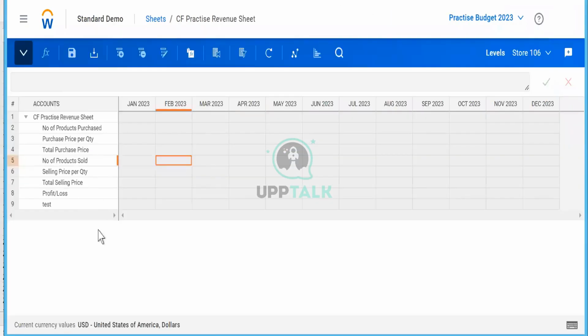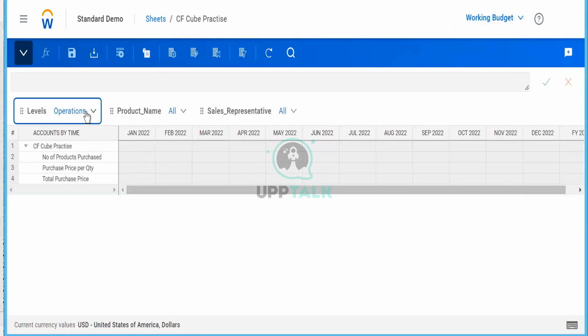It is exactly the same replica of this thing. The only thing is, we did not create all the accounts, but we can create all the accounts in a similar way, and the display remains the same. This is accounts here, time here, version here, and the levels are here. But here you can see levels here.